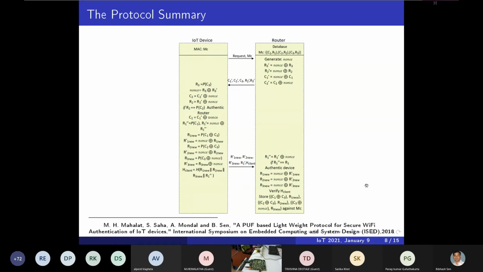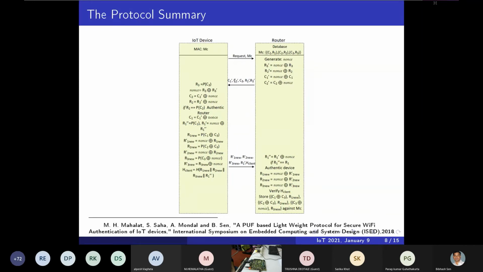So what it does, at first it will generate some three challenge response pairs from the IoT device, and in a secure environment, the challenges will be stored inside the router. Whenever the IoT device requests the router for connection, the router will generate a random nonce and hide the CRPs except one challenge.